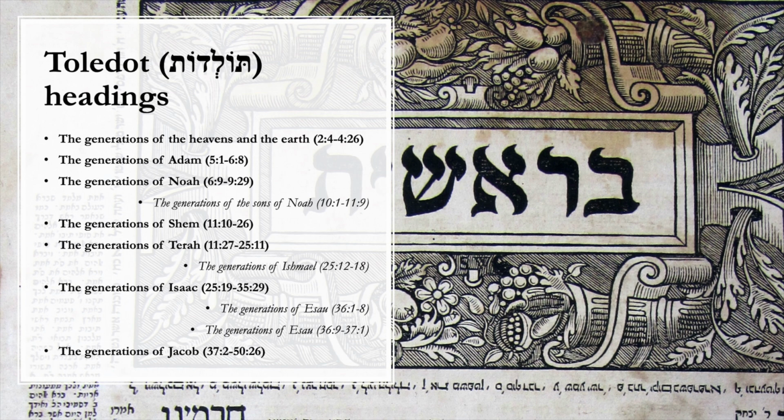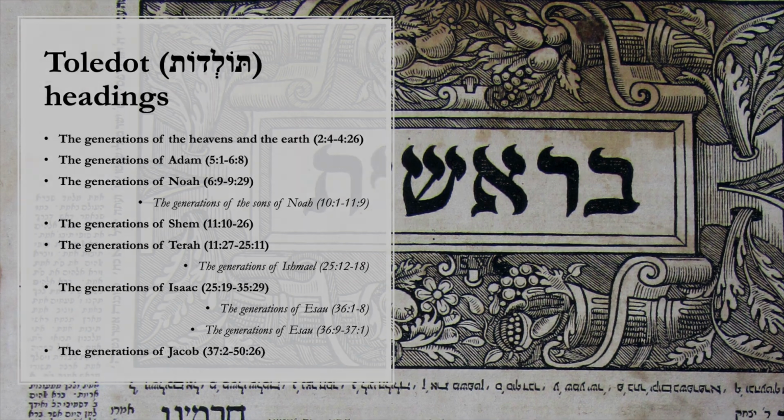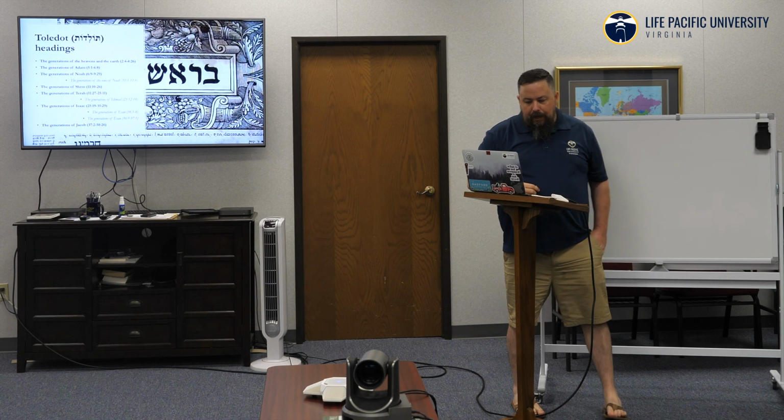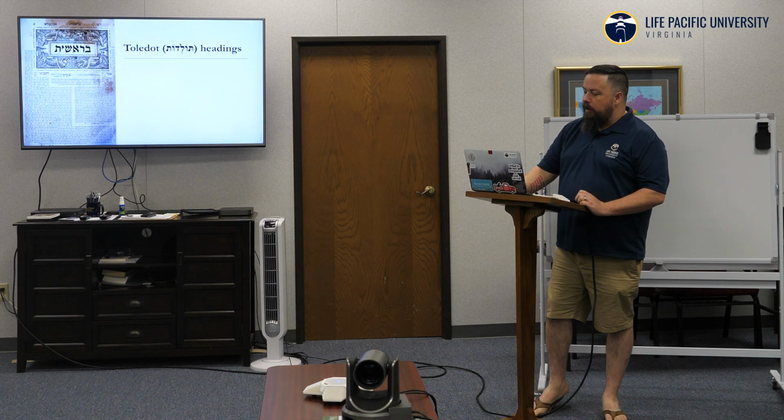So there's these 11. The reason that I have these four set off to the side and italicized is because if you notice, there's longer sections here, there's shorter sections here, right? So we have longer sections on this side, shorter sections on this side. That means that these are the less important ones. The ones on the left side are more important. There's a lot going on with these.